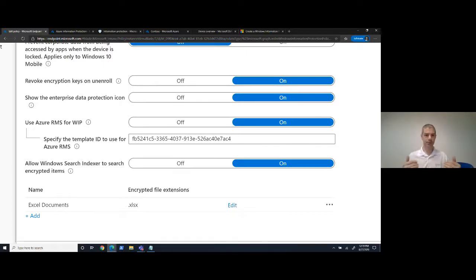What we came from a million years ago, way back in 2014, 2015, was Azure Rights Management. And that morphed over time into Azure Information Protection. And that's morphing into Microsoft Information Protection. And it's all moving around, it's all getting changed. And the old rights management engine and all that stuff is scheduled to go away as of March or April next year. But what we can do for documents and files that are marked as being these corporate WIP protected